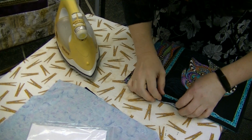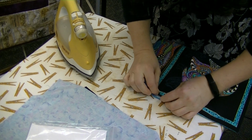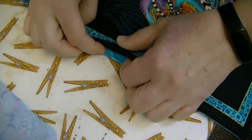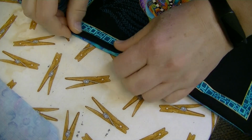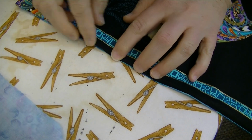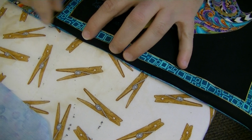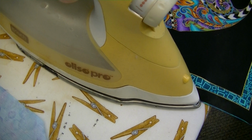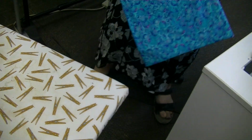All right, now when you have that opening, we're just going to tuck it in. Try not to tuck it in too much. You want the black to look somewhat uniform. Okay, now, when we go back over,